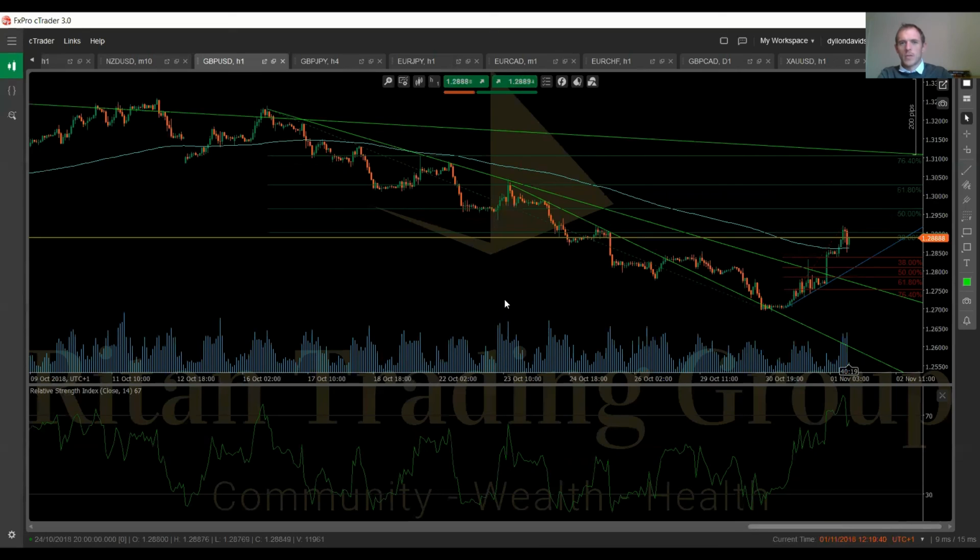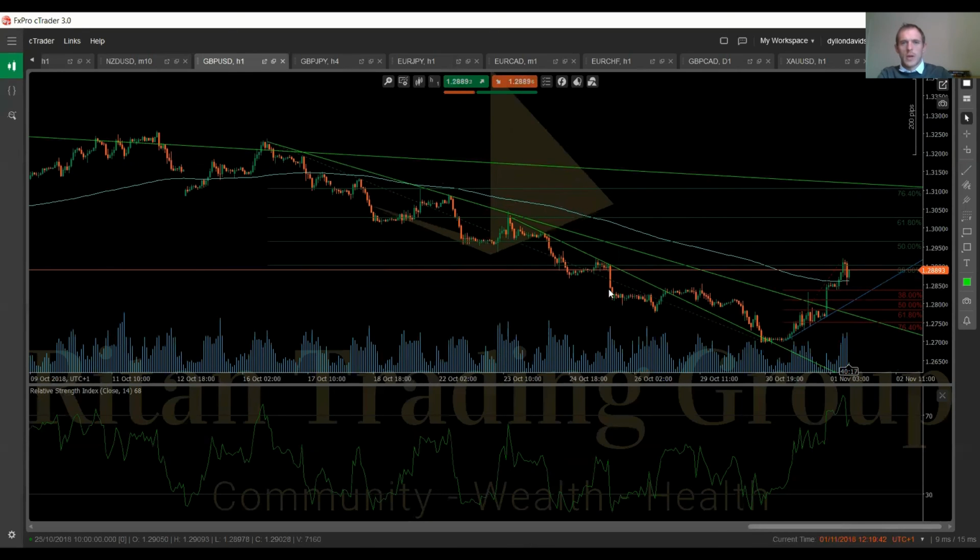Okay, so those are my thoughts on Great British Pound US dollar. Short on this trend line, perhaps rejection of one of these, and if I am going long, it would be on this trend line here, but I won't be because of the fundamental volatility. All right,